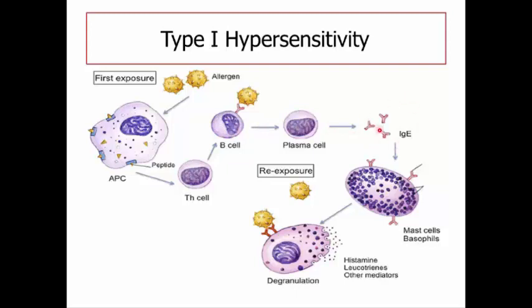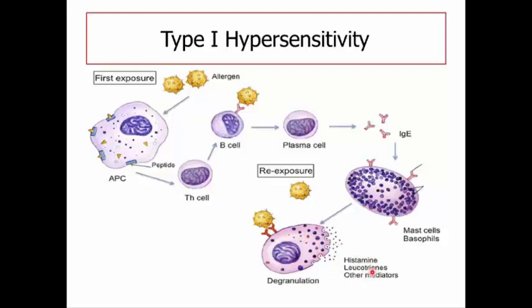The IgE is fixed by its Fc region on the surface of mast cells and basophils by attachment to the Fc receptor. This is not a problem, but the problem is that after re-exposure, the allergen will cross-link adjacent IgE antibodies on the surface of the mast cells and basophils. That leads to calcium influx inside the basophil and mast cell, with the release of mediators, which are histamine, leukotrienes, and others. And these mediators will lead to the development of